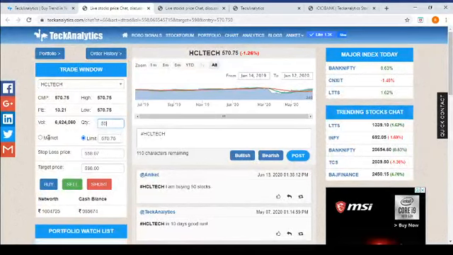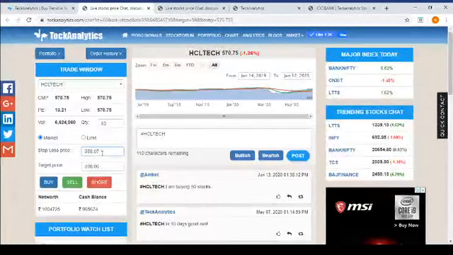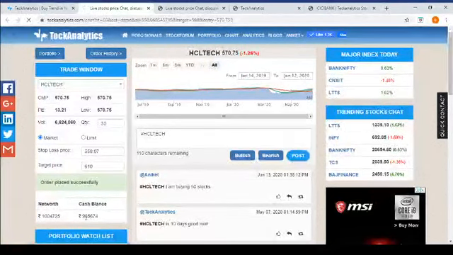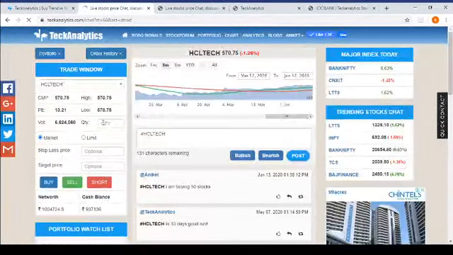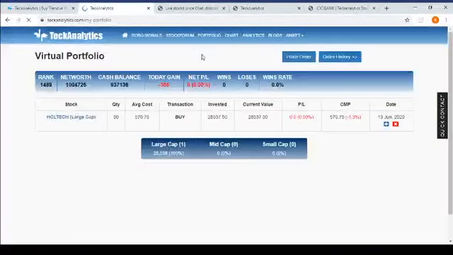See, instead of limit, I say market, and I keep 558 as my stop loss, what the system is suggesting, and the target is 598. You can still modify if you are free to do so, and buy. So you will see the order placed successfully. From the cash balance, 50 into CMP, whatever the amount is, it will be deducted from your cash balance. And if you go and see the portfolio, you will see that you have 50 stocks bought at CMP 570. Transaction was buy. Invested amount is the current amount.